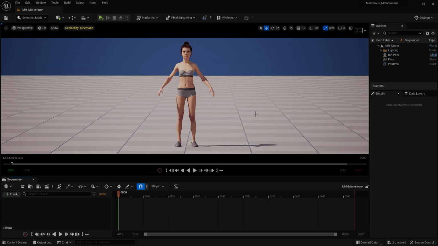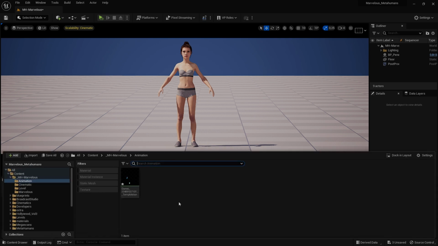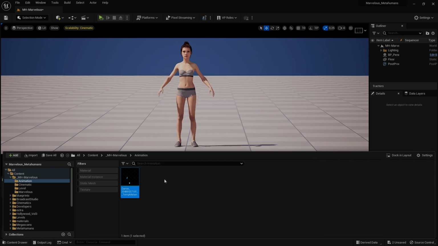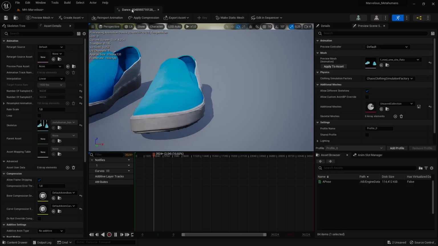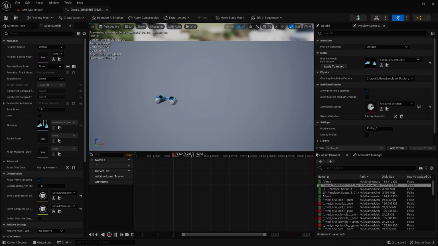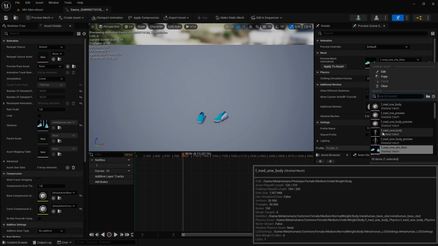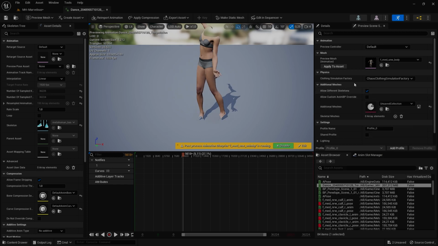Right, once the animation has imported, save, double click your animation, go to the preview mesh, select your body and apply to asset.